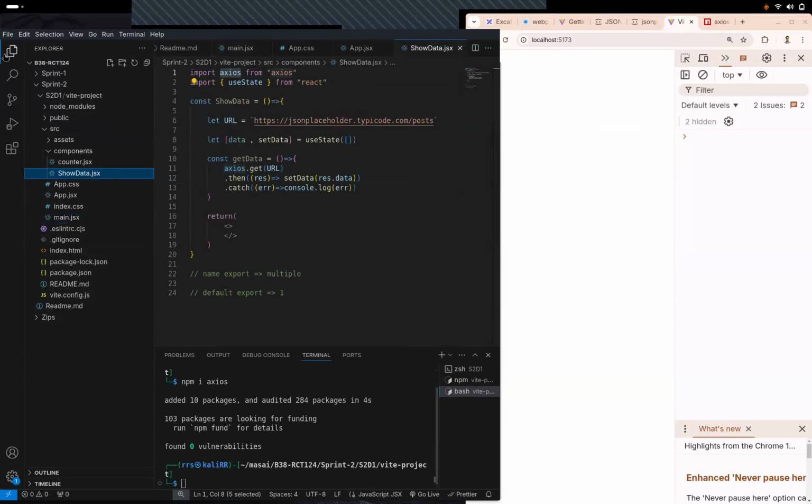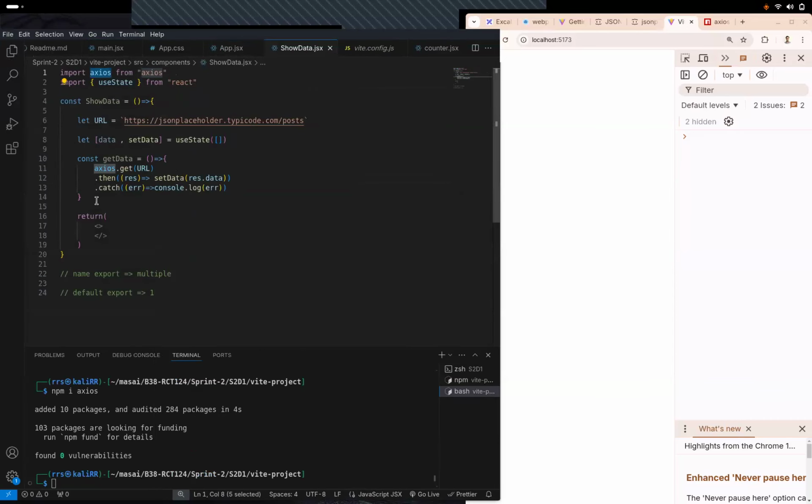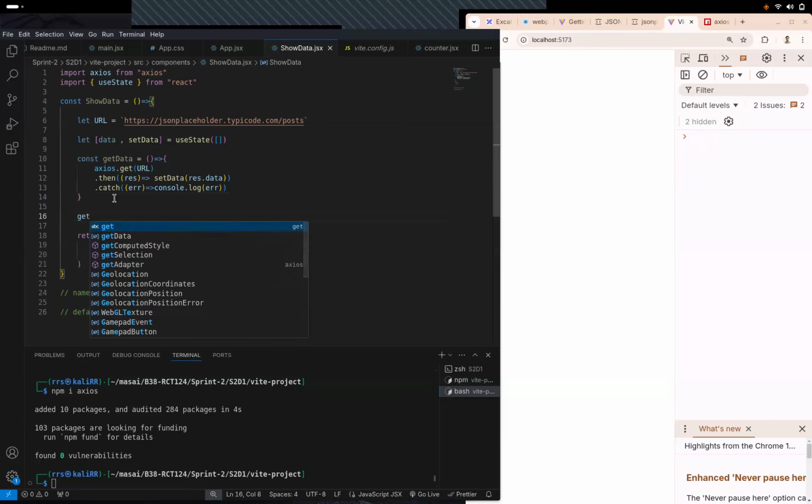All right, chalo. So back here, now the second step will be, because this code is written in a function, this won't run until this function is called, right? So now in this case, we'll have to run this function. Okay, so let's call this getData.